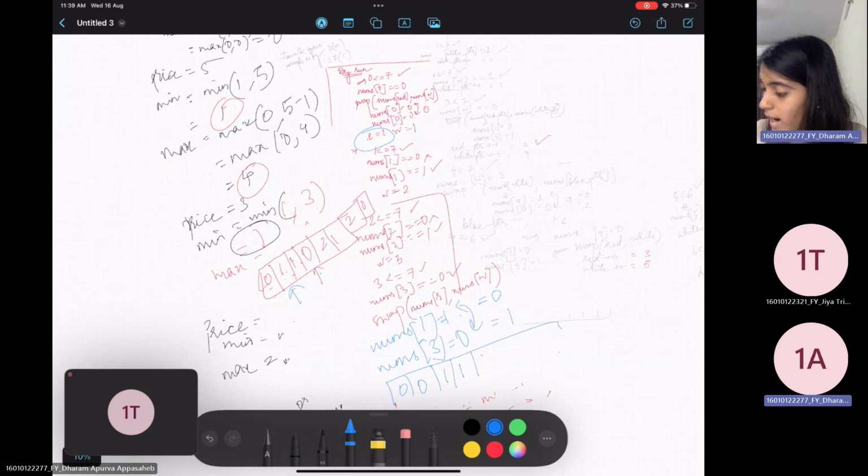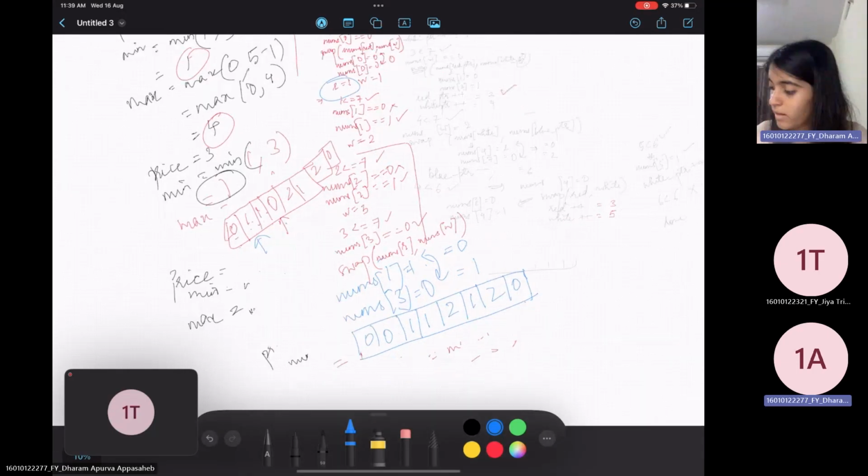Okay, and then comes 2, 1, 2 and 0. This is my array. Okay, so now after this you need to increase the pointers, red pointer as well as white pointer. So my red pointer's value was 1, increase it to 2. The white pointer's value was 3, w plus plus will be 3 plus plus, that is 4. Okay,